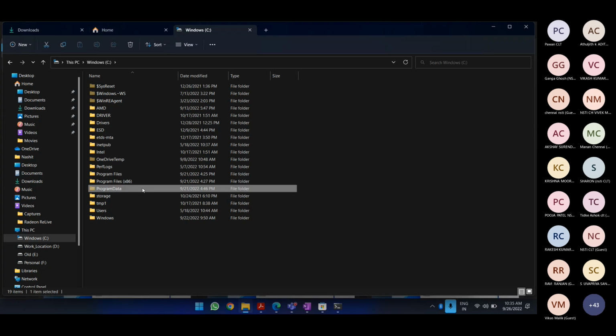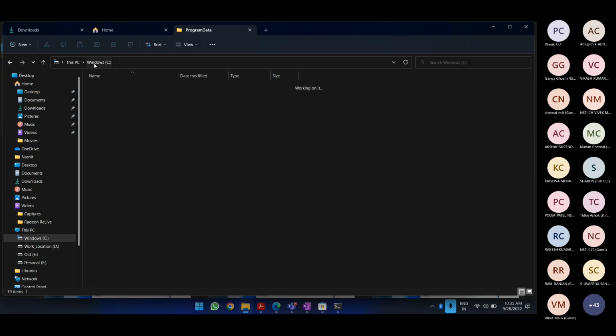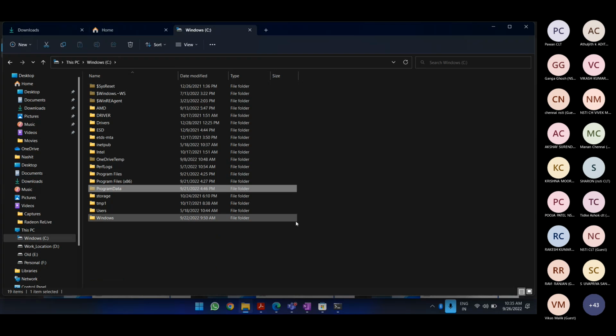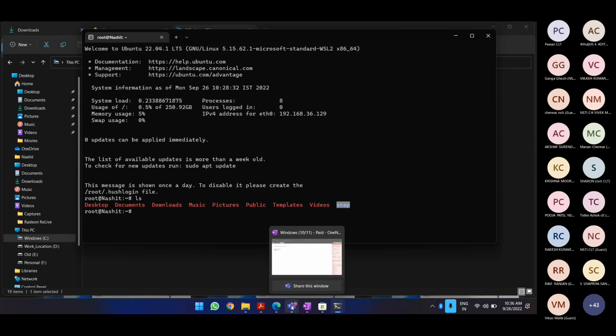This program data was hidden. So you can see a lot of different things come up, like system generated hidden files are also available. Yep. What are the other commands that you guys know of?